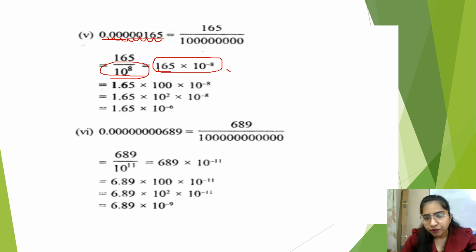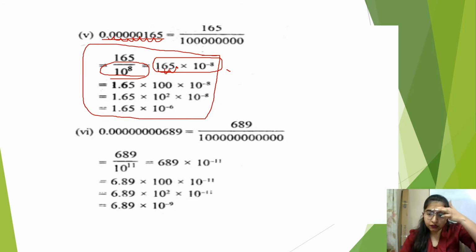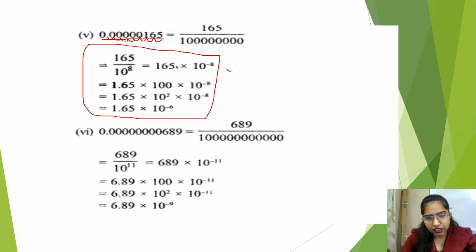So 1 only, no? The point is here. If nothing is there, then you can take the point at the last. Now you have to shift 2 digits negative. This is a very lengthy way to do the sum, okay? You should try another way. I will tell you. Wait, if you want to shift the point, again I'm telling you, wait, see.